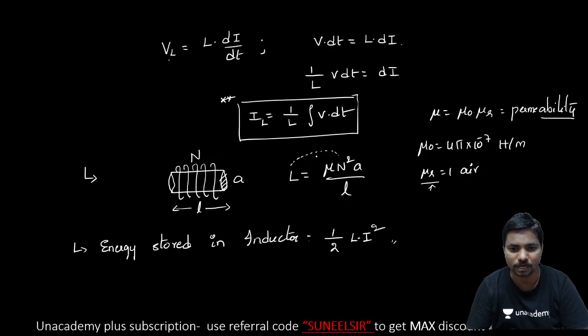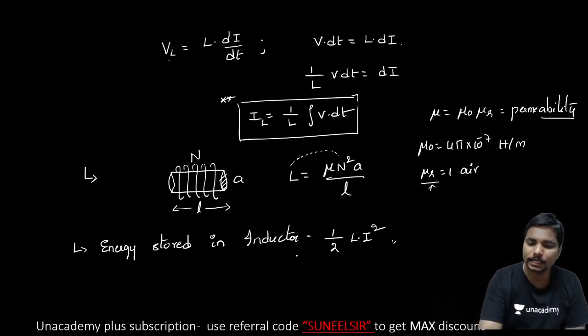And here these are the formulas. Inductance L is equal to mu n square A by l, and energy stored in the inductor is half L i square. Okay, I think all of you got it. Now we are going to discuss capacitance. Before going to capacitance,